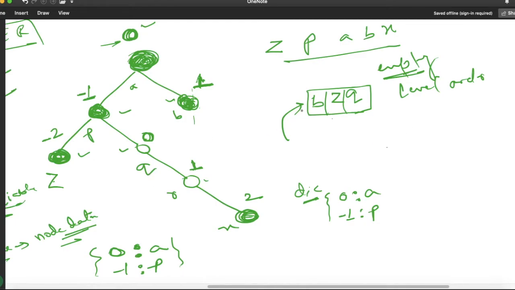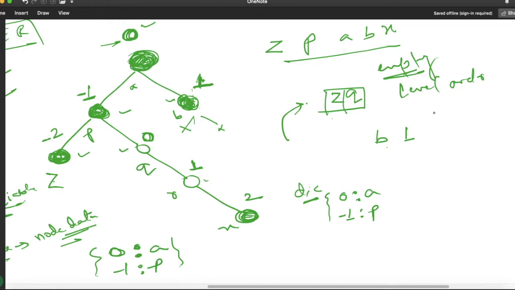Now next target is we have to empty this queue. Again this queue is not empty. Now the next value is here B. So let us pop out this B. B is popped out and the value is 1. Now when we popped out this element, we will check whether the left child or the right child are present or not. So no left, no right. So nothing will happen over here. Our Q will be having value Z and Q.